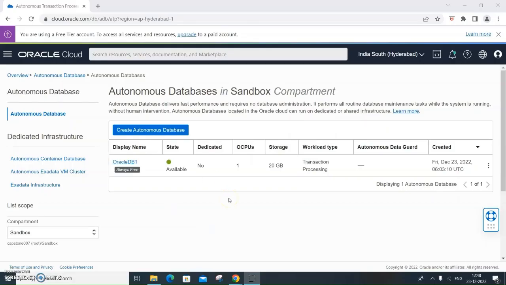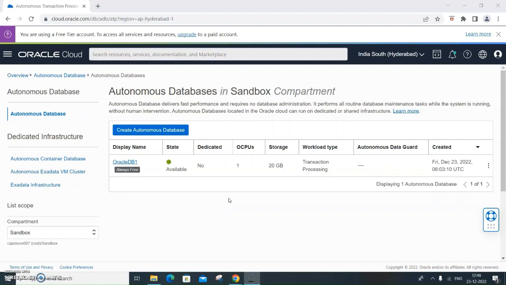Welcome to another episode. In this episode, we will try provisioning the autonomous database, the Oracle database on the Oracle cloud infrastructure. Two to three years back or prior to that, if you wanted to do a pilot, develop an application, or learn SQL and PL/SQL, getting the database was itself quite a challenge. But now, if you have even a free tier account, you can provision the autonomous database